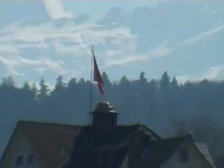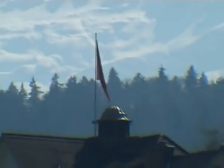Look at that, that's the Templars flag. Oh, I can't see it. A little bit of wind, please. Yeah. Come on. No, nothing. So,